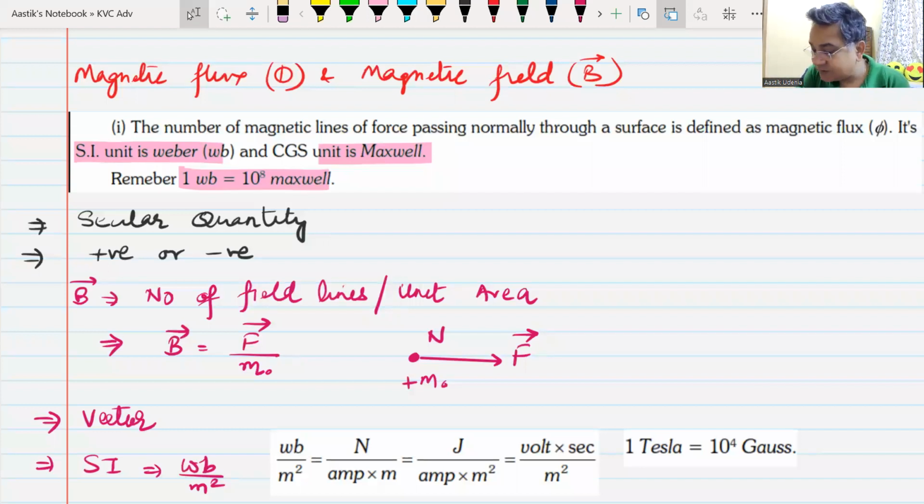And how will it experience? I've just put a magnetic substance in a magnetic field. It will experience magnetic force. Why will it experience magnetic force? Or, if I have a medium in which magnetic fields are present,